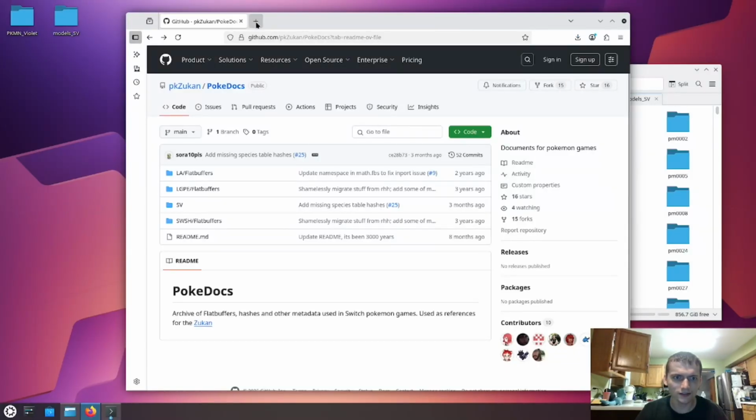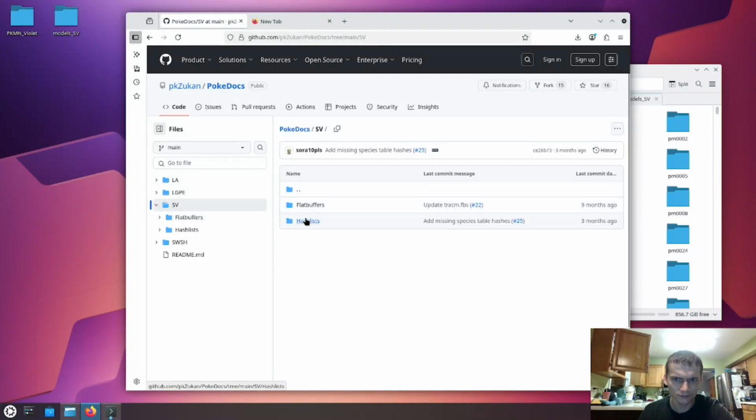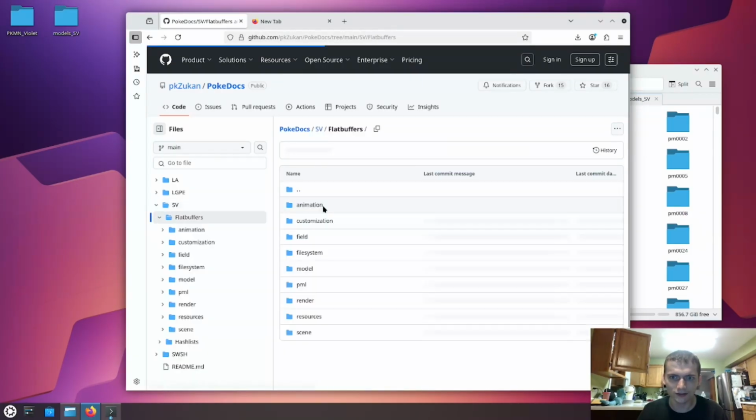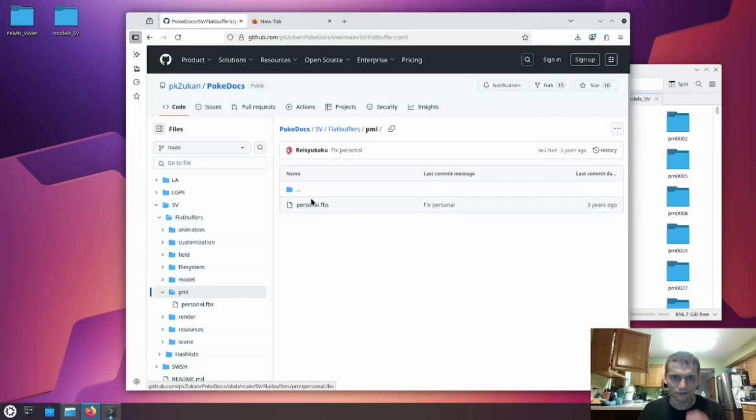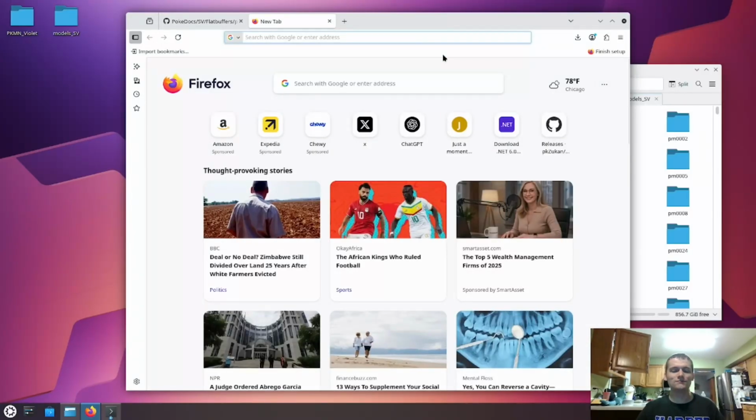One thing I've seen is that the personal schema in here, despite this saying fix, is a bit buggy. So what I like to do is